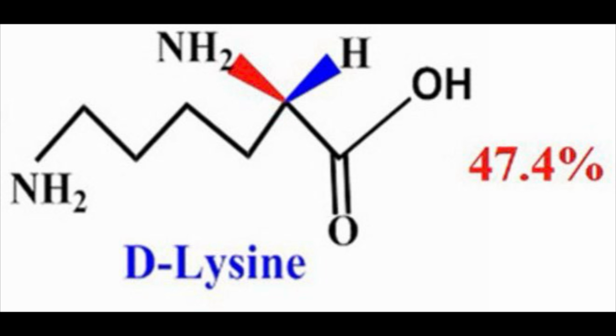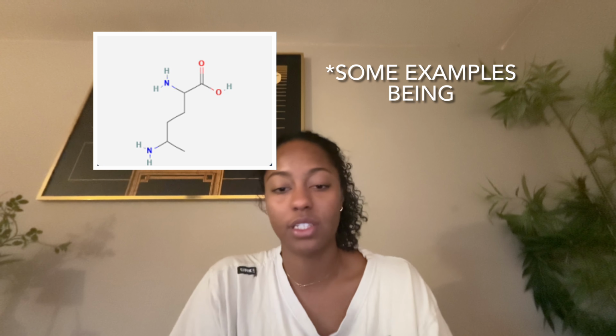Lysine has 2 enantiomers, L-lysine and D-lysine. Again, the enantiomers are the non-superimposable mirror images, and the 2 for lysine are L-lysine and D-lysine. Lysine does not have any diastereomers. Diastereomers require 2 or more stereocenters, and lysine only has 1 chiral center, so that makes it impossible for lysine to have any diastereomers. And lysine has several constitutional isomers, being 2,5-diaminohexanoic acid and